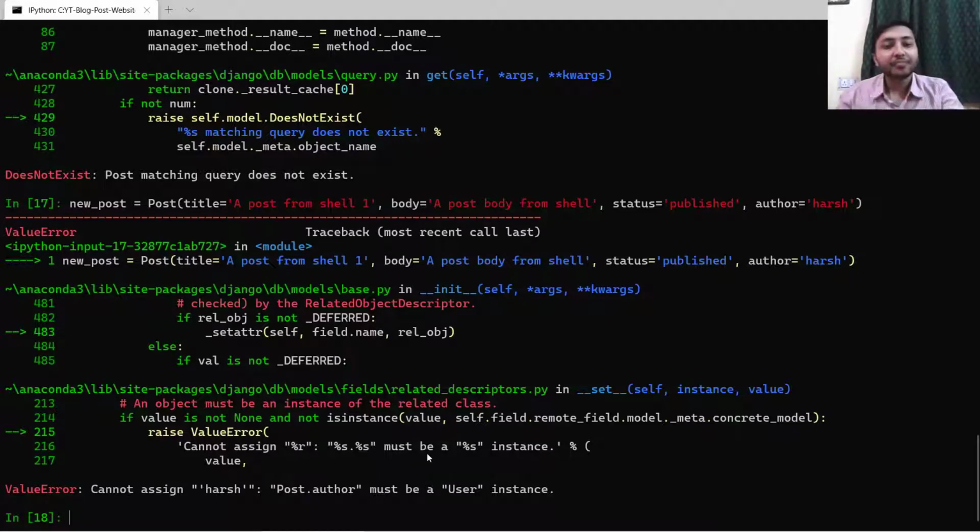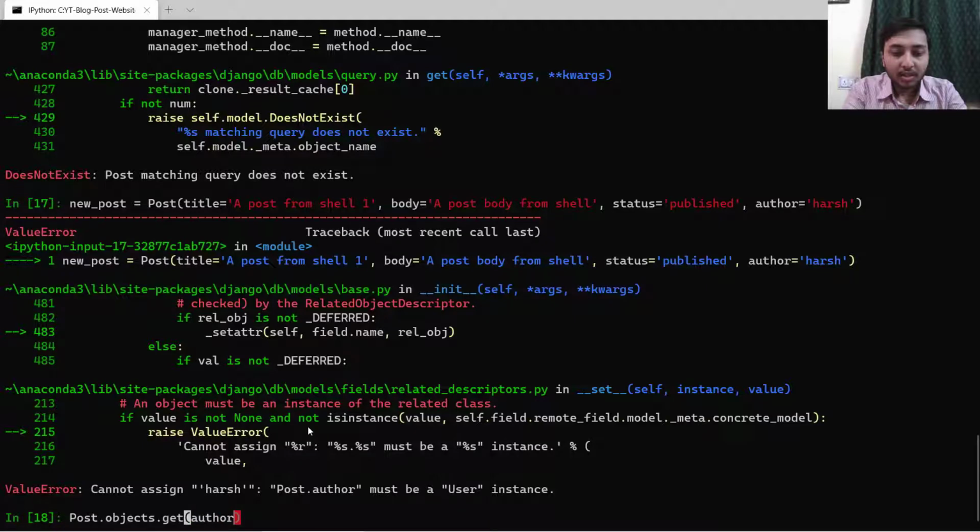Okay, that's clear. Great. Now with the help of the get method, you know that we have extracted only one element. Now let's try to extract various elements through the get method, and you will see we will get an error. So I will just say Post, model name, dot objects dot get, and now I will try to extract all those posts that have author Harsh.